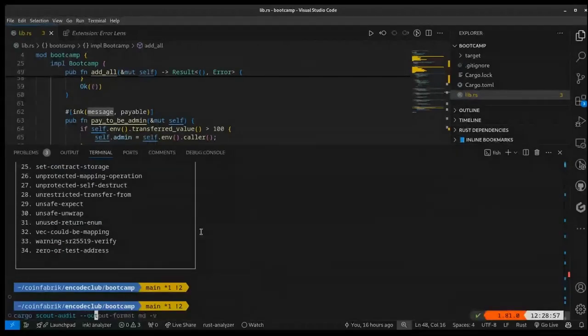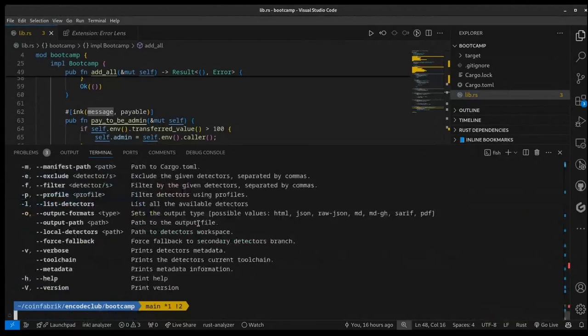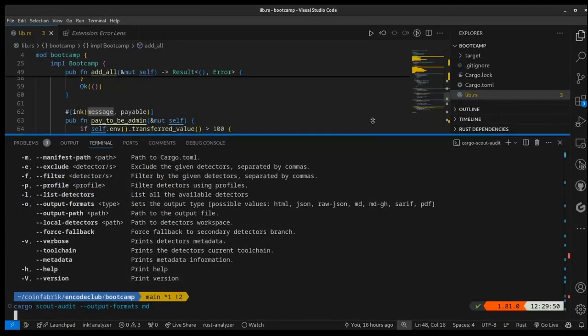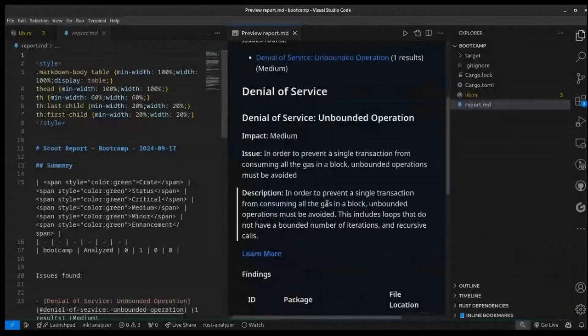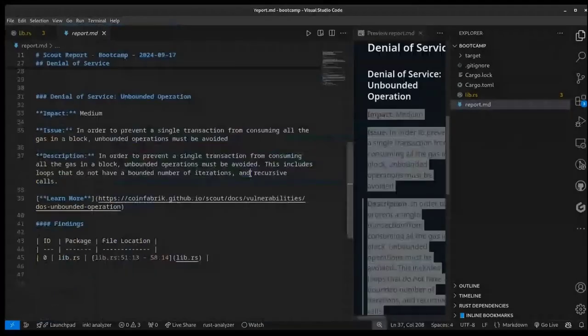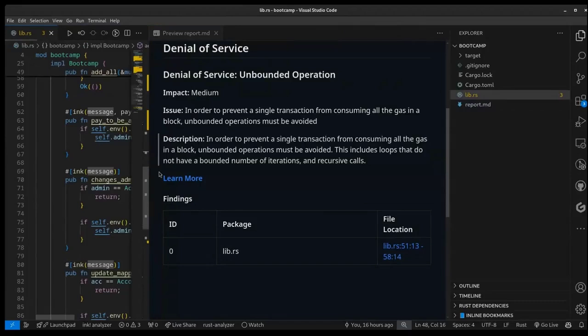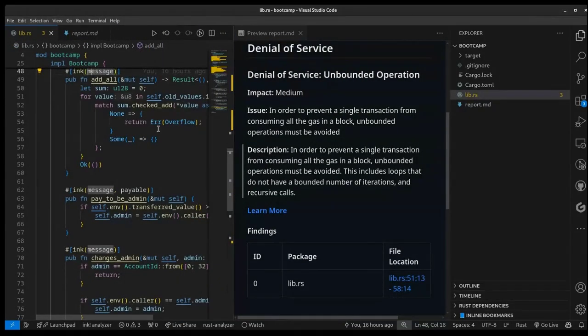And for example, you can get the output format in Markdown. It's simpler. Output format, Markdown. You get this report here with a peer review that has an explanation of the issue that's almost equal to the one in the documentation. We can go to this file and it would get you here. It's here, yeah. So yeah,